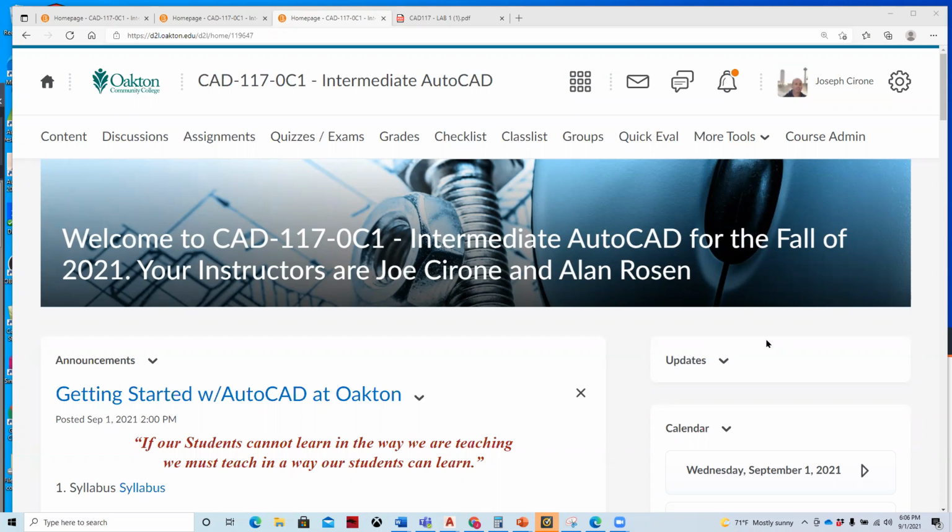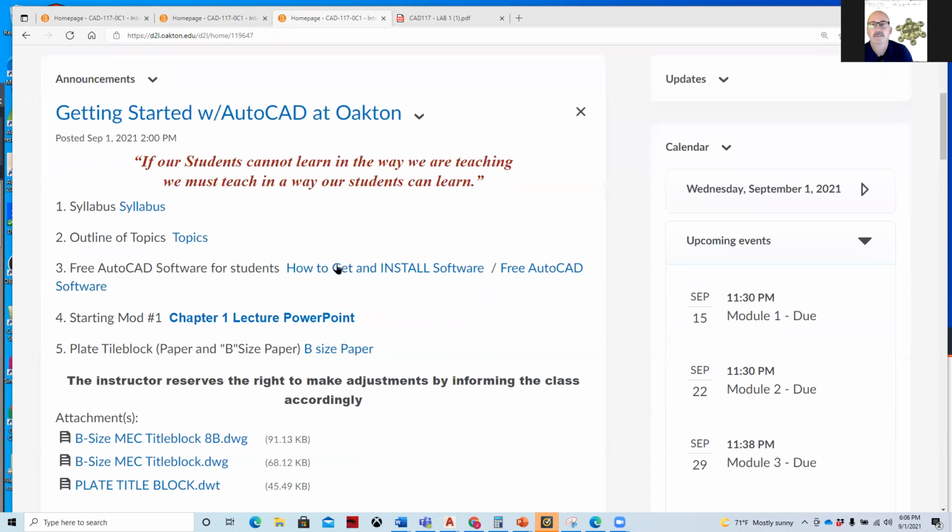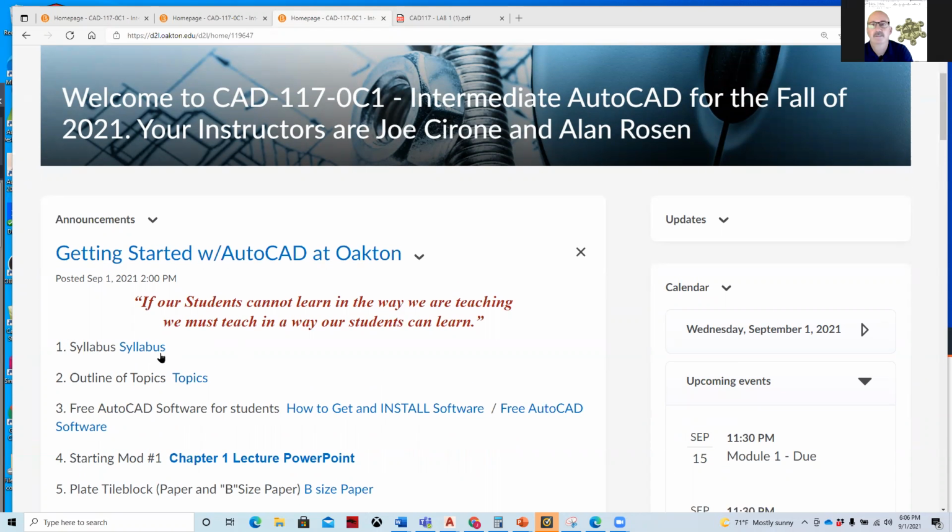Welcome to CAD 117 Intermediate AutoCAD, and this will be our 10-minute weekly Zoom meeting. We'll run the meeting longer, but we'll give a 10-minute initial meeting to show everybody what we're supposed to do for this week's class. All right, so Alan has gone through and set up the main splash page. And so getting started here, we have our syllabus. If we click on this link,